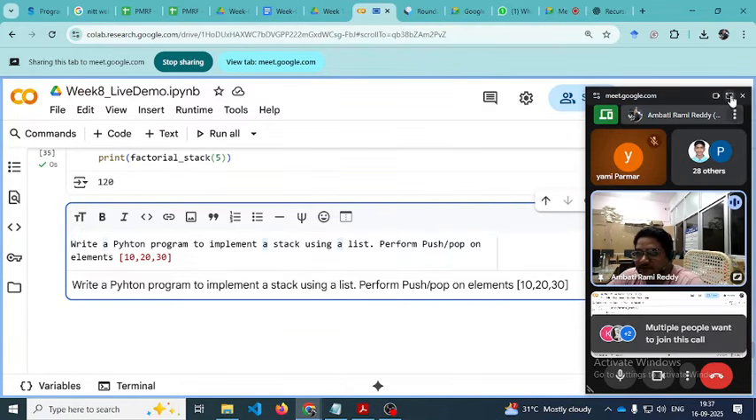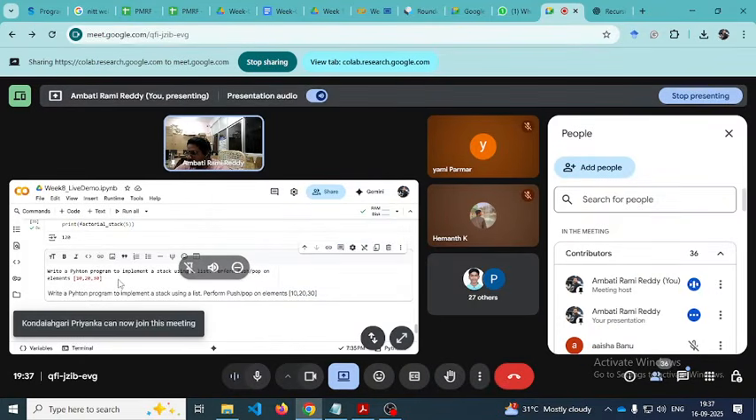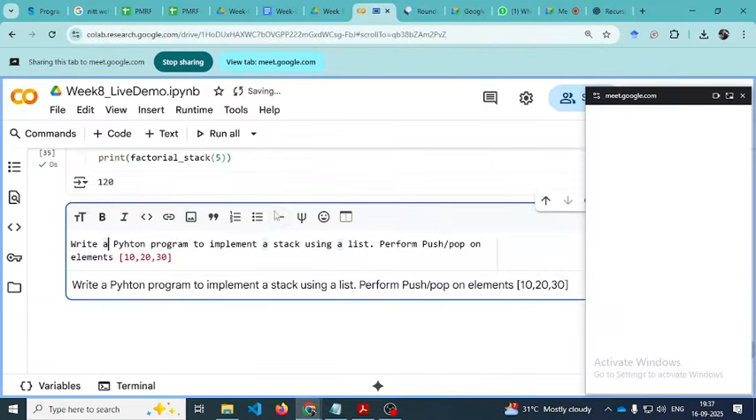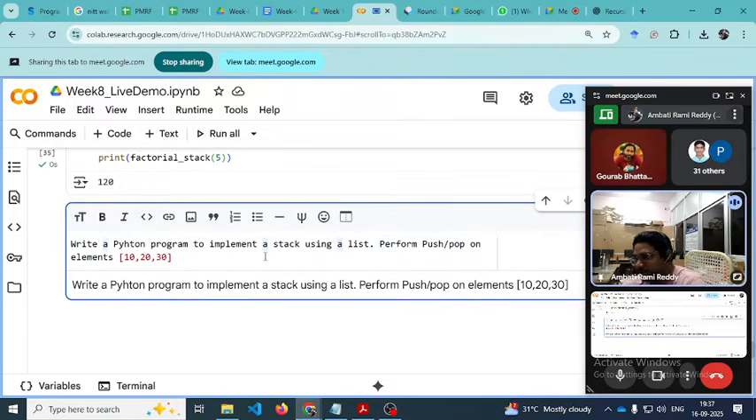So initially we have seen MCQs. Later we have seen some numerical answer type. Now this is the third thing. You need to write Python code for this kind of thing. Write a Python program to implement a stack. They are asking to implement the stack using a list. They will give some list of elements 10, 20, 30, 40. You need to perform only push and pop operations on these elements, and then you need to write the code for this. Okay, so if they are giving this kind of questions,